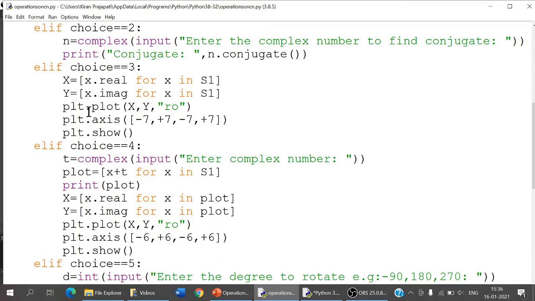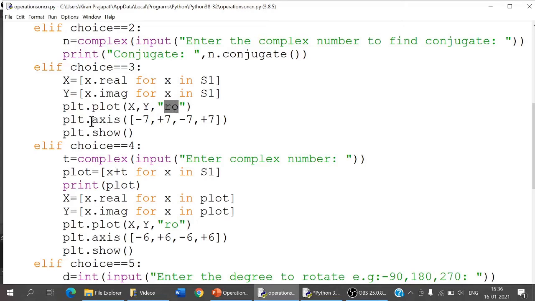Then I am doing plot. So using matplotlib.pyplot, we make use of the plot function. So those points would be plotted along the x and y axes. Why I write RO is because of red circle. R is for the color red and the O is signifying the circle. So RO is red circles. If I want blue circles, I can write BO. Say if I want the points to be plotted as plus signs, so I will write R plus. So red color plus signs would be shown in my plot.